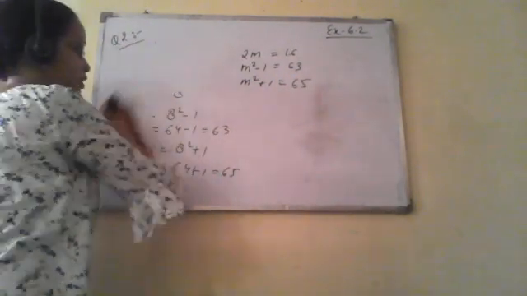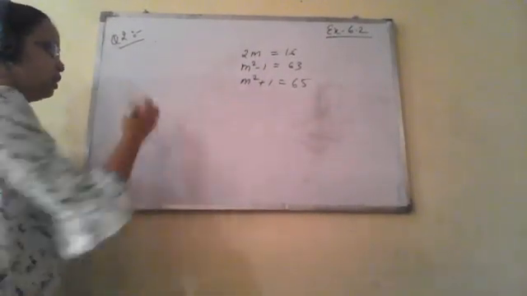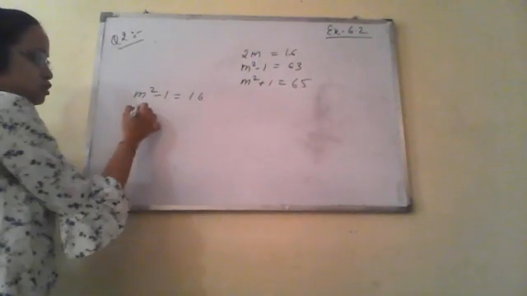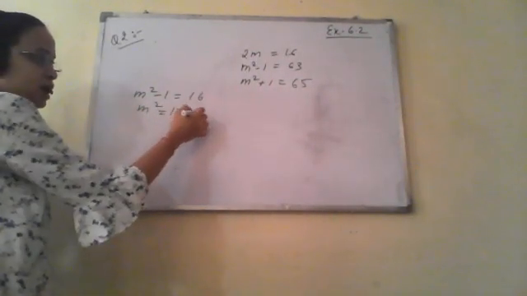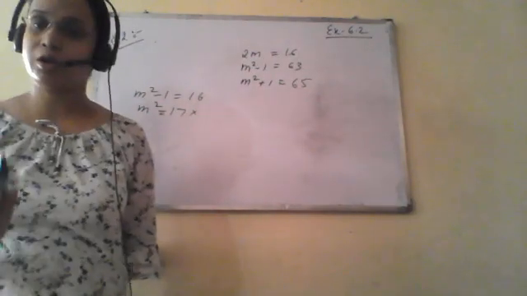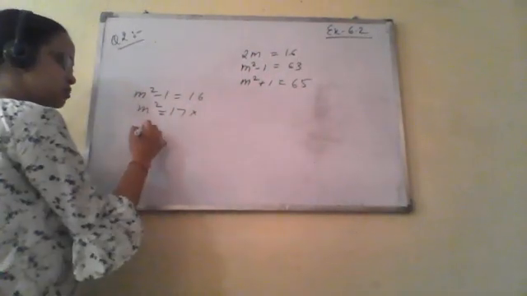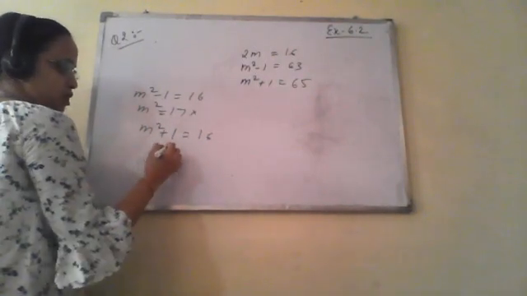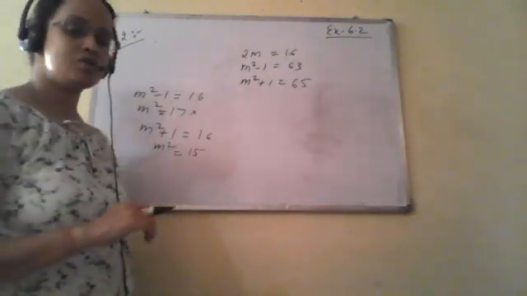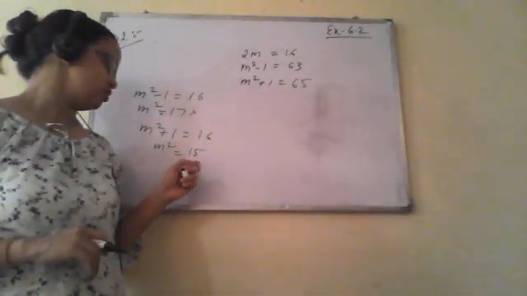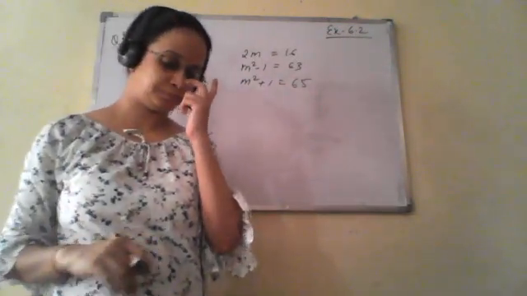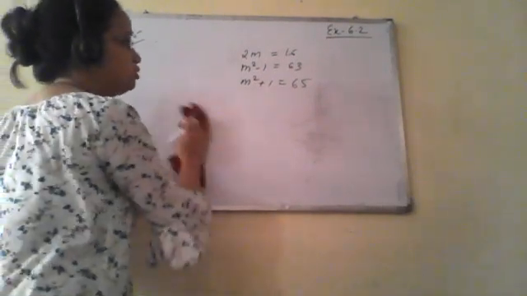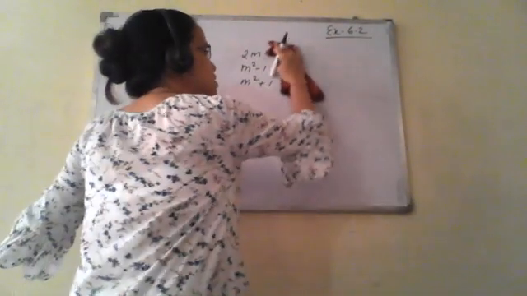Now see, if we take m square minus 1 equals to 16 and check with this, m square will be 17. Again, this is not a perfect square number. So we will not take this. If we take m square plus 1 to be 16, m square will be 15. Again, this 15 is not a perfect square. So in order to calculate this value, these numbers should be perfect squares. Okay. So the triplet is 16, 63 and 65.